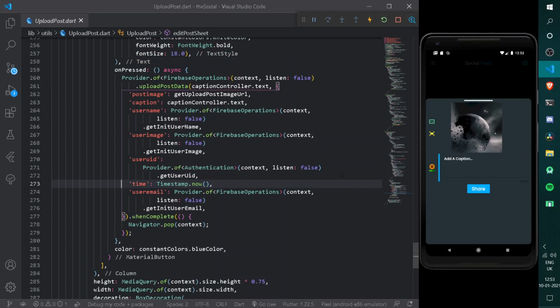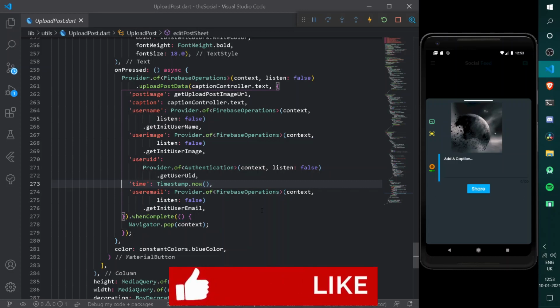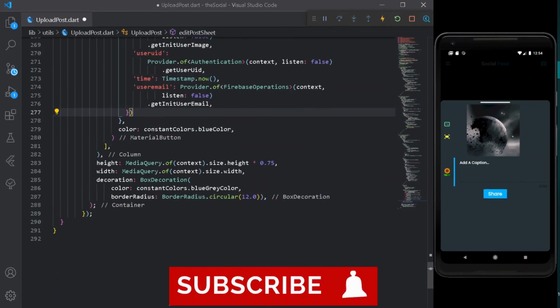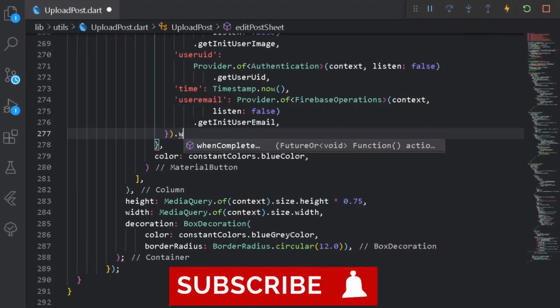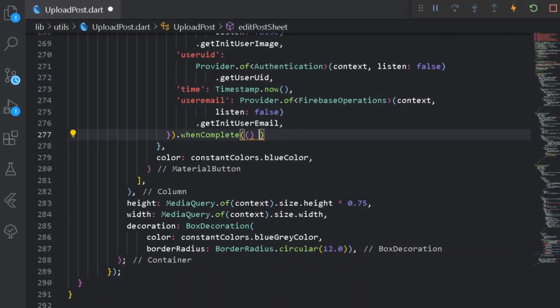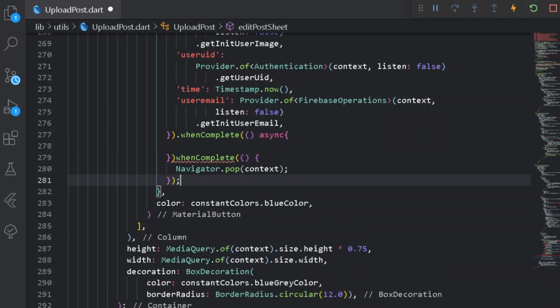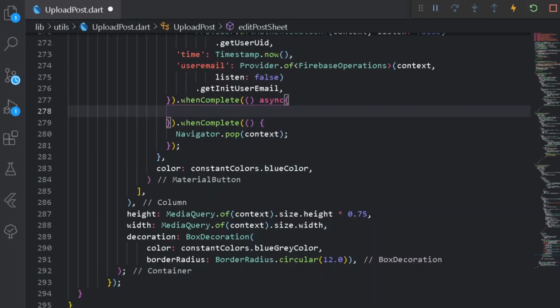And so for attaching all the post data under our user section, we need to attach one more method for creating a new collection under the profile section of the user. So for that purpose here, instead of having the whenComplete phrase, we can simply remove it from here for navigator.pop and attach one more whenComplete phrase. And here for the whenComplete phrase, let's make this process asynchronous. So here we can make the following process asynchronous, and here we can attach our whenComplete phrase after having a dot. And here under this whenComplete phrase we need to add data under user profile.